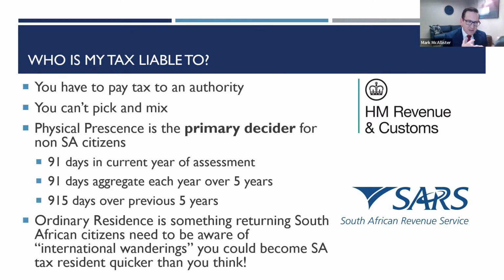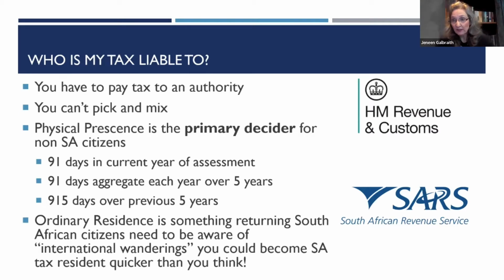But this other point here is where it gets a little bit woolly, right? It's difficult for us to say anything on an individual basis, obviously, but there is the principle of ordinarily resident. This goes back to some case law in the early 1900s around returning South Africans that come back here after their, quote marks, international wanderings. So you may have gone off to the UK in the early 2000s, been there for 10, 15, 20 years, but then you come back to South Africa. Is there maybe an argument that they're going to become South African tax residents sooner?